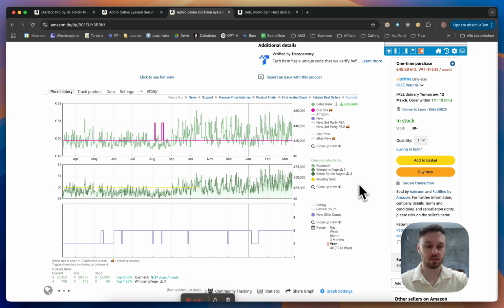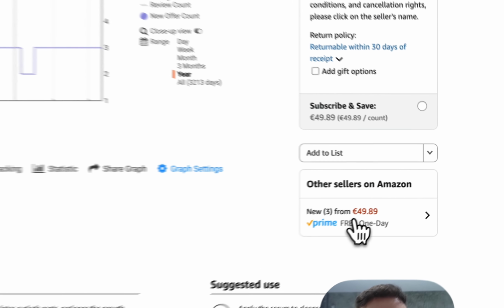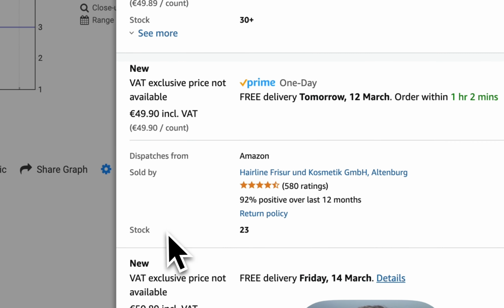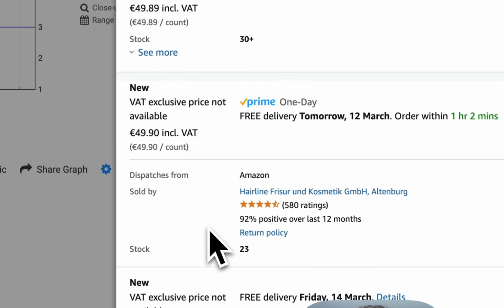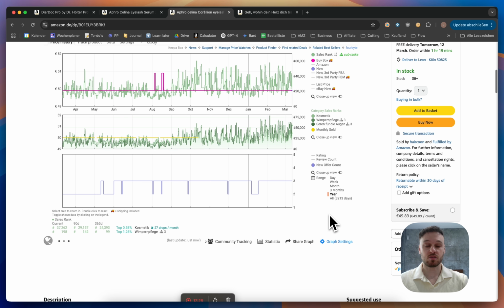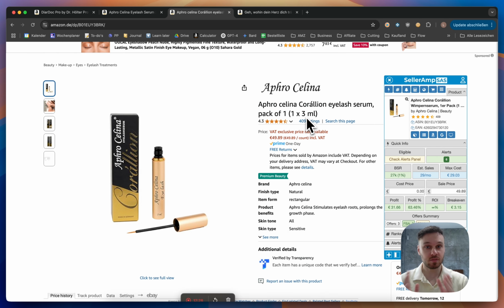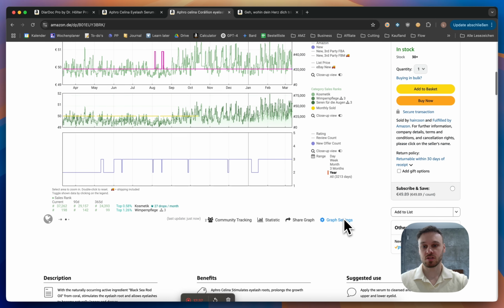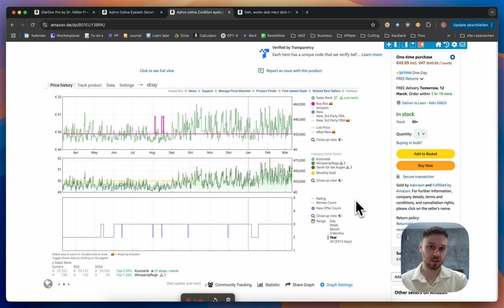So 2 red flags again. And then I can check, okay, are these the same sellers? And indeed, it's the hairline guy and it's also the Haircoon guy. So now I can be super certain that these 2 guys definitely, or most definitely, have a brand direct deal with this certain brand. And the brand direct deal just means that they are allowed to sell this brand, but